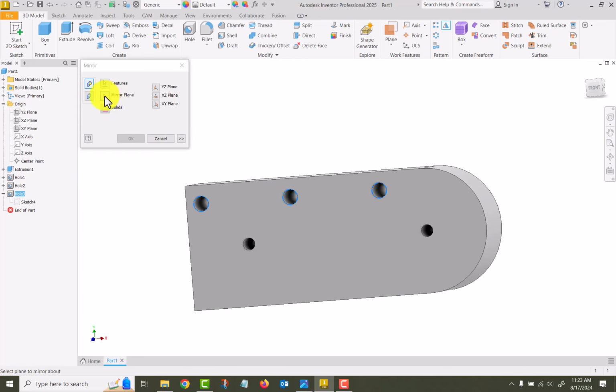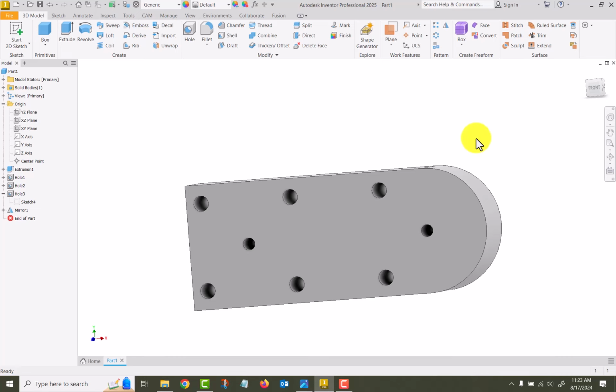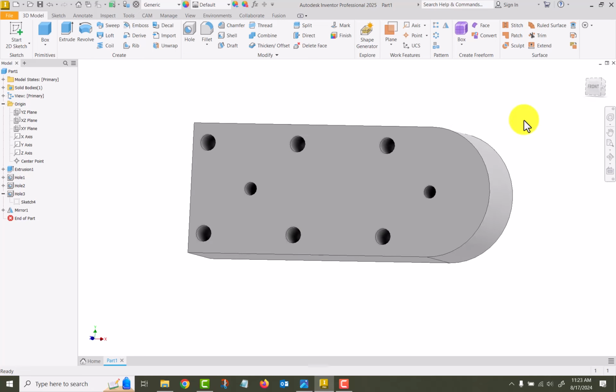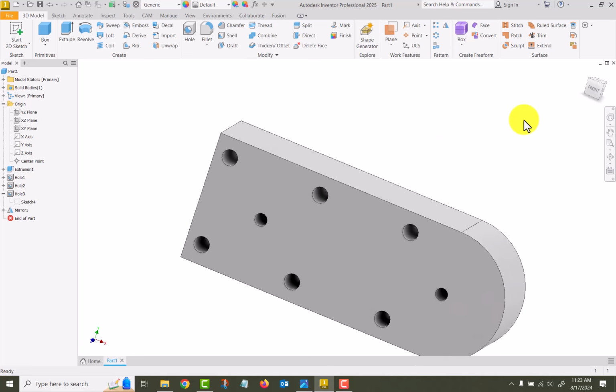So in this case, I'm going to choose my mirror plane. I'm going to choose the XZ plane, and then go OK. And now I've mirrored those parts. So if I edit these first three up here, it will automatically update these down here too. Okay, so that's how to use holes. A lot of options there, and different ways of doing different things. But that covers how